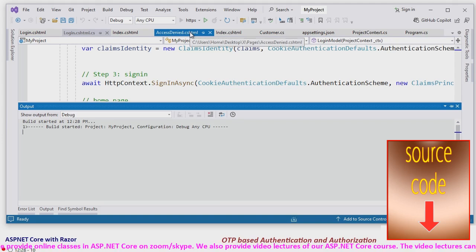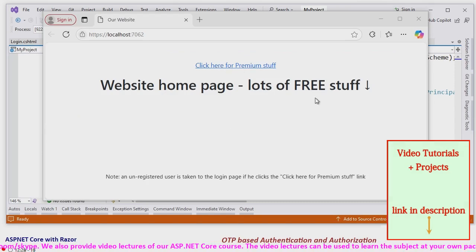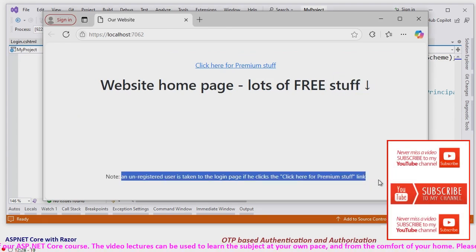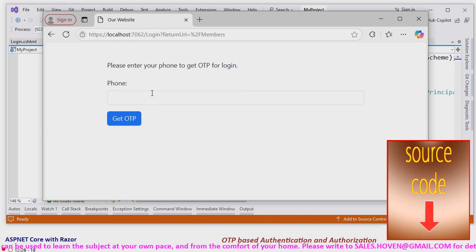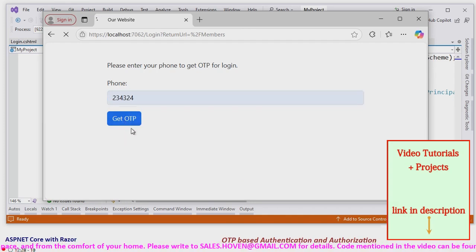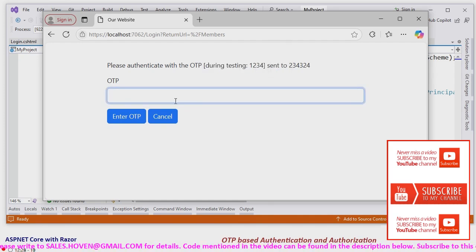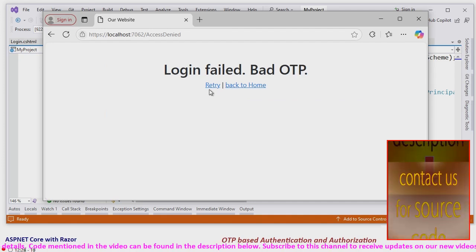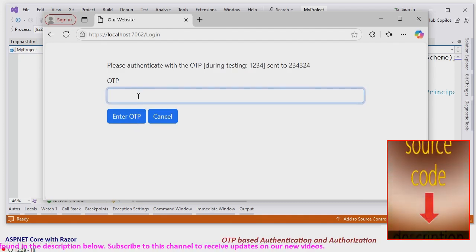Let me run it. This is the home page that opens. Click for premium and other things on this page. These are whatever we wrote there, this is for your help only. Then click here for premium. The user is redirected, the phone number is entered, get OTP is clicked, then the OTP is sent, and during testing we use 1 2 3 4. Let's enter some wrong OTP. Login failed, retry, and this time we will enter the correct OTP,